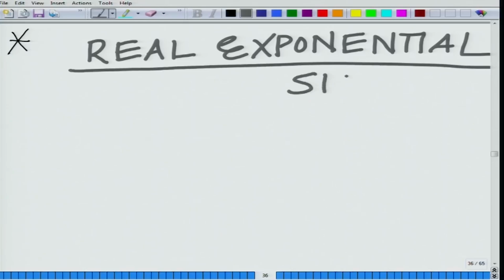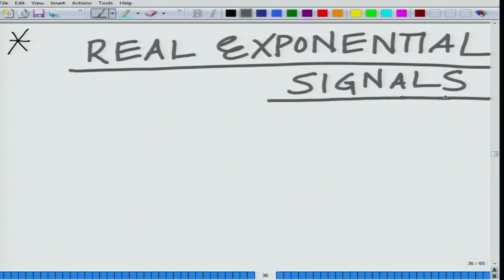These are simply referred to as exponential signals. Similar to what we have, if it's complex, then it's referred to as a complex exponential. If it's a real exponential, it is simply referred to as an exponential